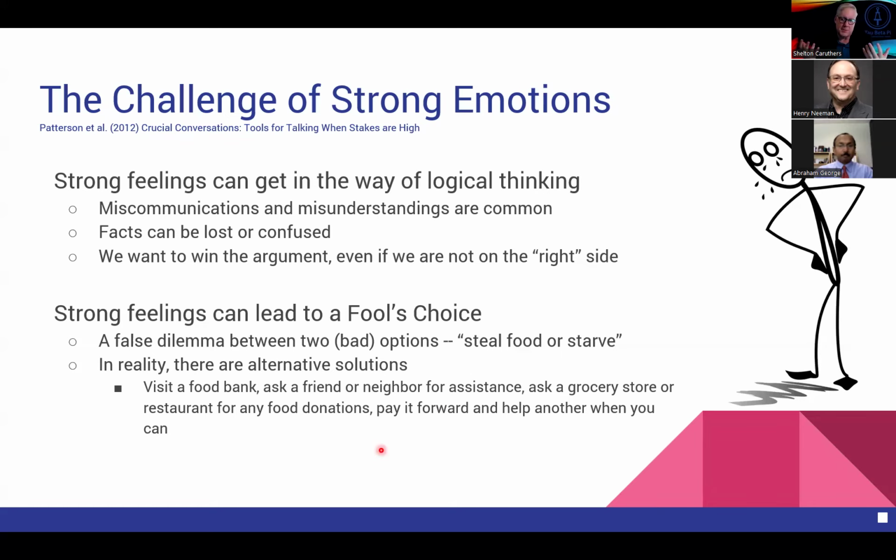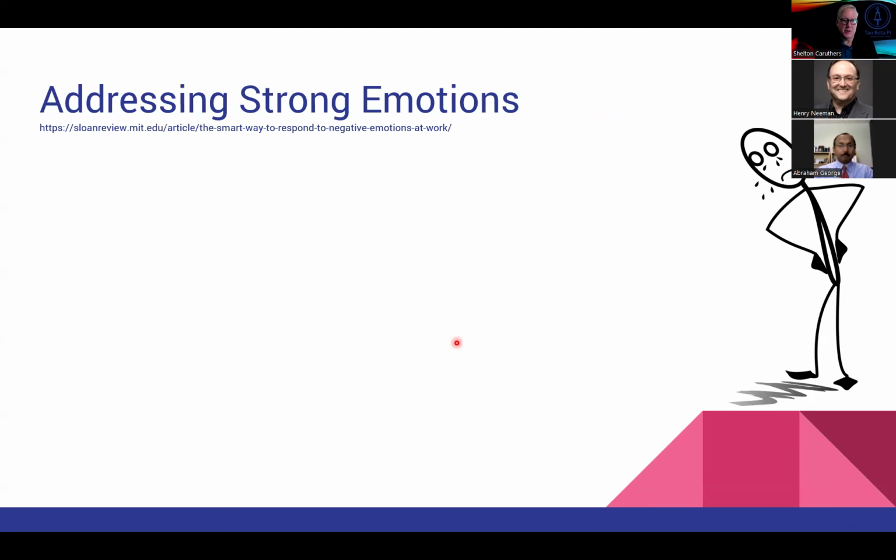But rather than steal or starve, there always are multiple options. Some of them are less viable than others. Many of them will require us going against our native feelings or instincts. I know for me, it's very difficult to ask for help, but there are of course multiple ways. So the point is, when you get in this loggerhead between two or multiple people where there's strong emotions, it's better not to get stuck in that reptilian mode, but to step back and think about, well, what are the other options? I see these two, both are not good. What's another option that we could approach?